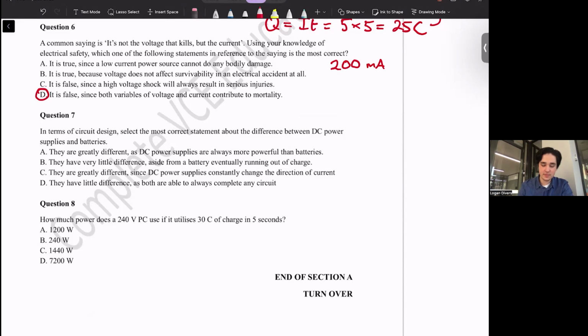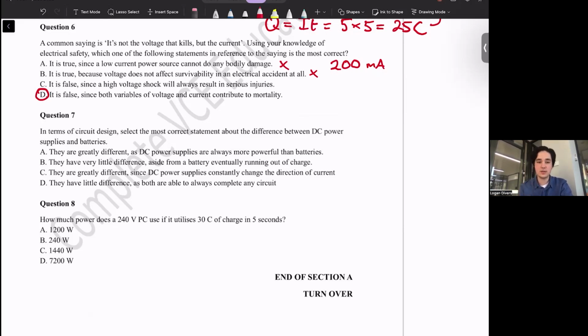Except you're not going to get killed from your phone charger. And that leads me on to the next point. So B, it is true because voltage does not affect survivability in an electrical accident at all. It absolutely does. The reason why we don't enter atrial fibrillation from a phone charger is because the resistance